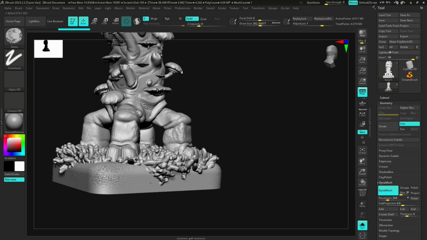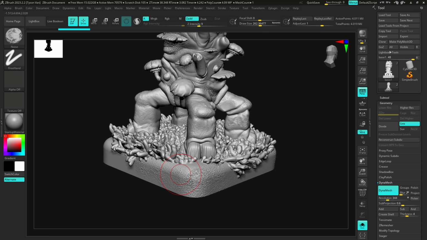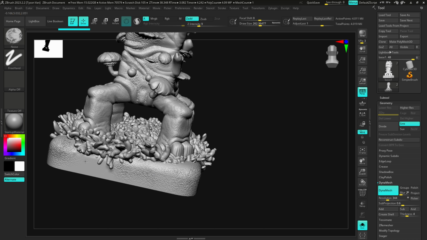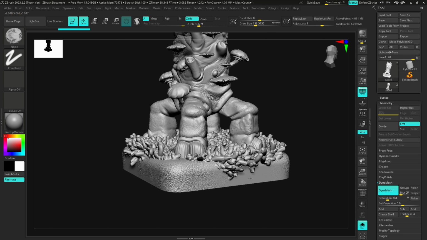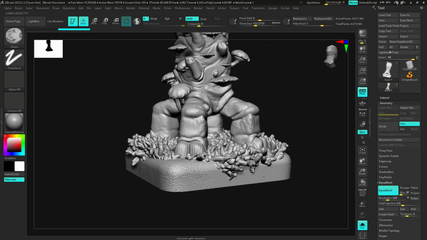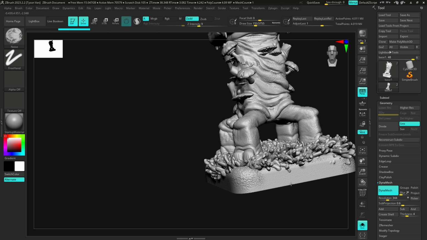You want to do this before decimation because decimation is going to reduce down your poly count in a way that it gives you a bunch of triangles and stuff that's not very workable for sculpting. So after you've decimated, I recommend that you stray from making any little fine adjustments like this. So just do that real quick,